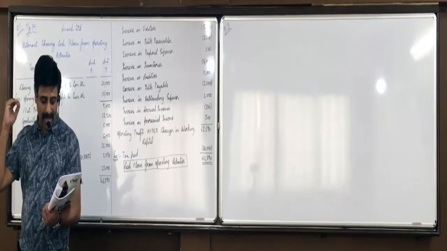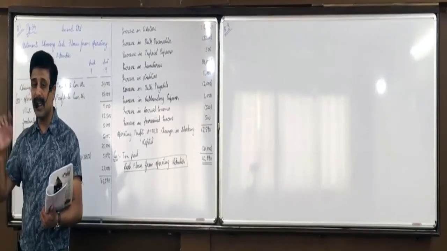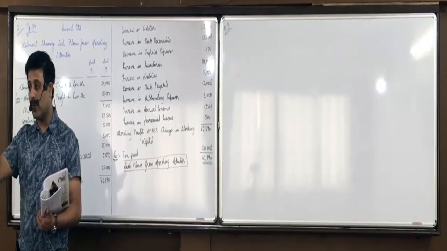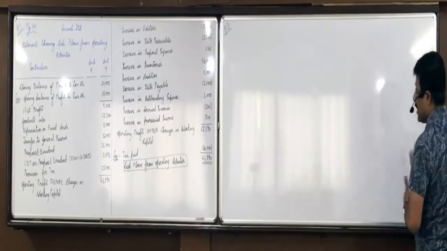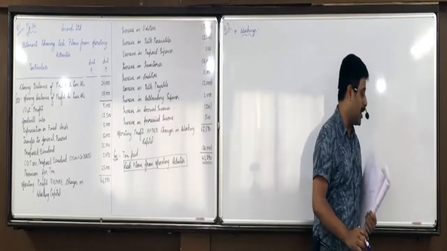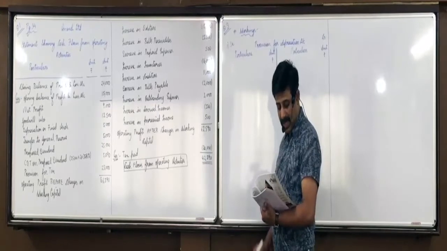Now, do you remember this provision for depreciation ledger account we used to make in the last chapter? By making that ledger account, we'll get current year's depreciation. So provision for depreciation, marked as ledger account. Let us make that working. Why are we making this ledger account? To find current year's depreciation. So working note 1, provision for depreciation account. Say how would we make this ledger account?